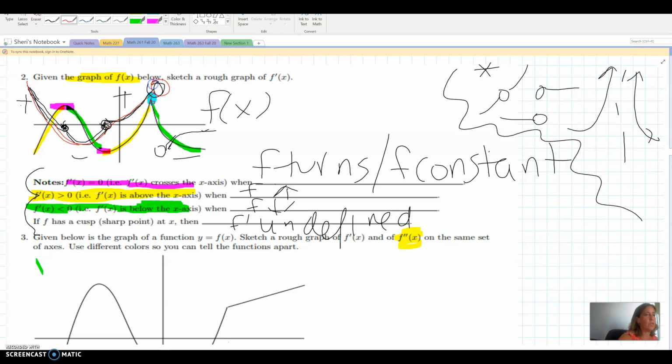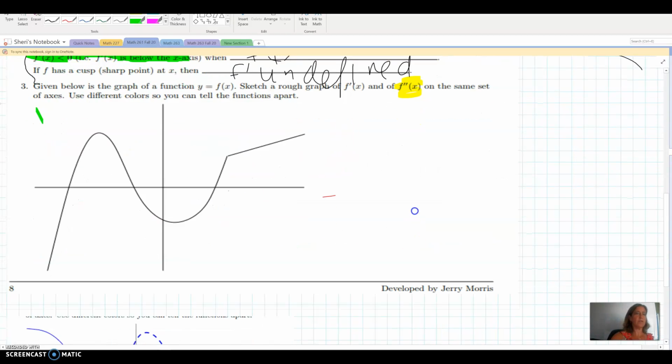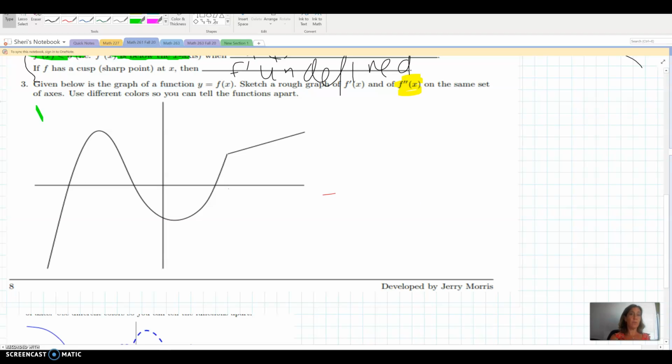So what I'm tracing over in red would be a picture of the derivative, f prime of x. Then we went on, after you guys did that one, you were thinking about number 3. Number 3 is leading us into the new idea of what I've highlighted in yellow, what could possibly be a second derivative. So we're going to go through the same exercise to draw the first derivative, and then